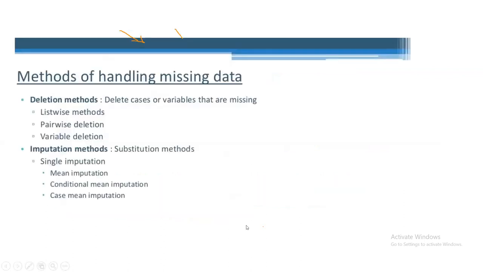The conventional methods, I'll say. The conventional methods are, if any row or column has missing value, our chances are, starting with the first one, we can delete that row or column. The first simple chance is, if any column or row has missing value, participants, we can delete that row or column. But if we delete that row or column, is it a right practice? If we delete that, what happens? Shall we lose some data or not?